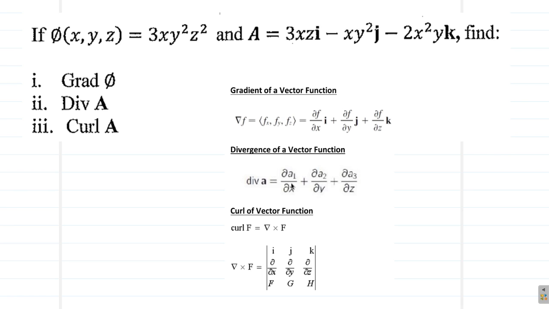So I know that phi is a scalar function because there are no directions, only magnitude. But A has the directions i, j, and k, so it has magnitude and direction. Alright, so you're supposed to find the gradient, that's the grad of phi, also the divergence of A and the